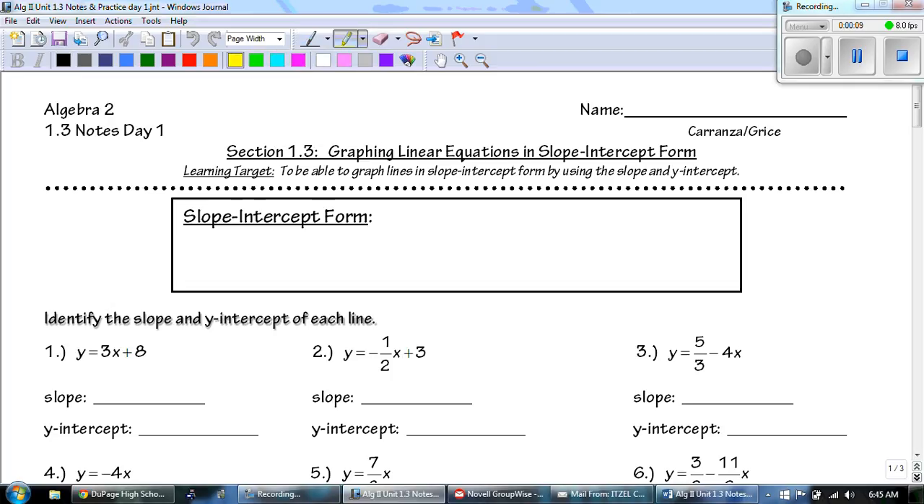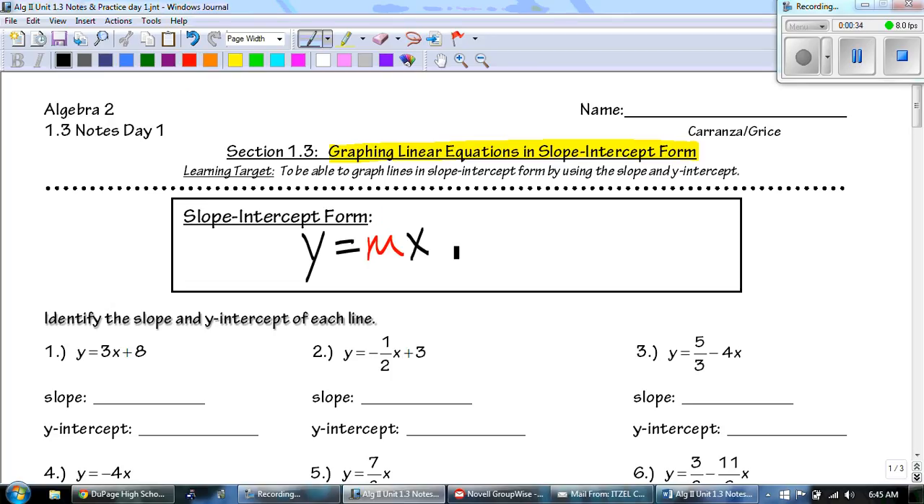Today we're going to be talking about graphing linear equations in slope-intercept form. Our learning target today is to be able to graph lines in slope-intercept form by using the slope and y-intercept. So, what is slope-intercept form, do you ask? Well, hopefully you remember. It is where we say y equals